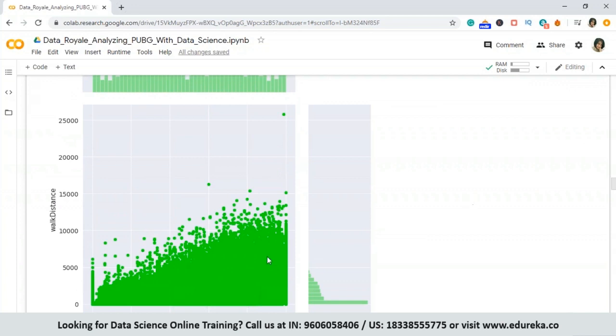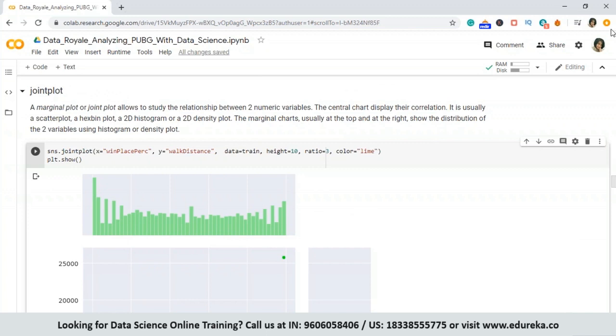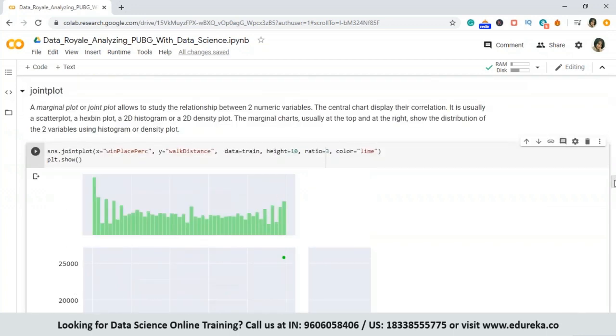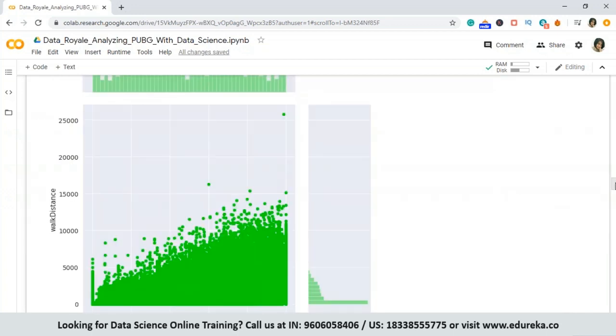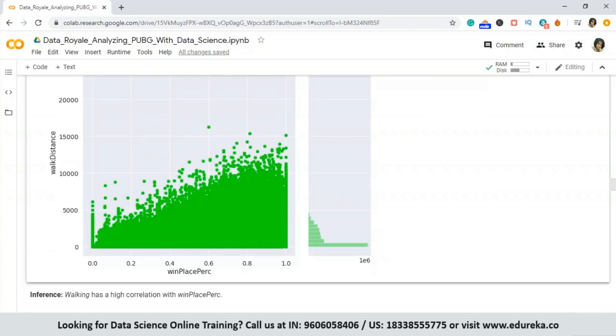Now here we have a scatter plot of the distance someone walks and how it correlates to the winning percentage. This marginal plot or joint plot does an exceptional job in helping us understand the relationship between two numeric variables. Now, obviously, we see there is a linear relationship, a direct relationship between the distance somebody walks and their winning